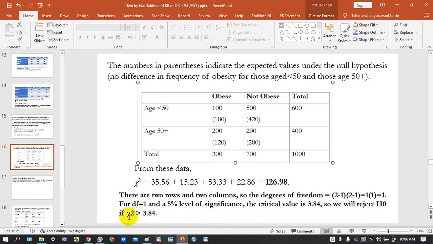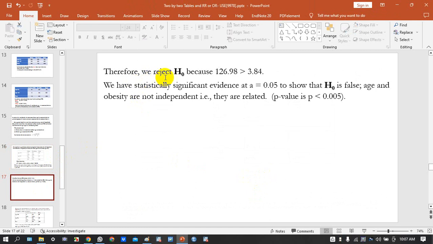126.98. So the chi-square value that we had gave us 126.98, which is far greater than 3.84. So we are going to accept the fact that our results are different from what is already known, or the null hypothesis. So our finding is correct, and it has defeated what people already know. So we want to conclude by saying that, therefore, we reject H0,